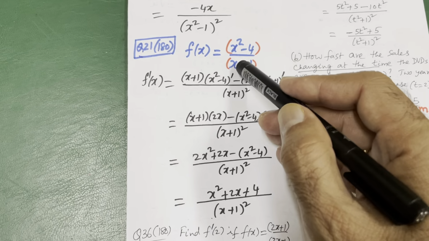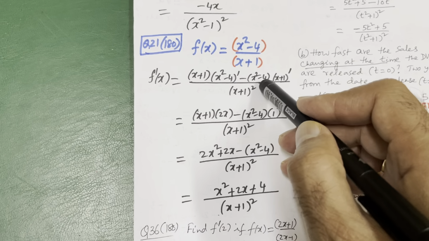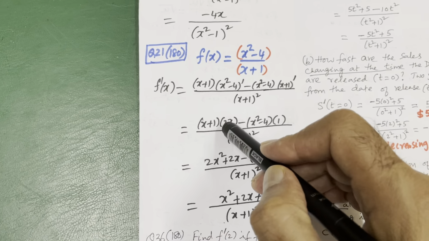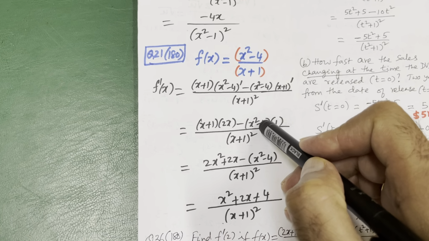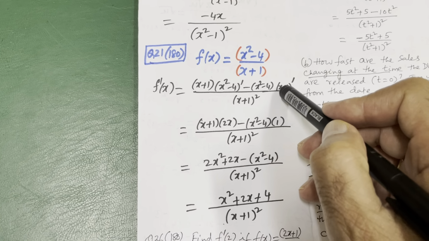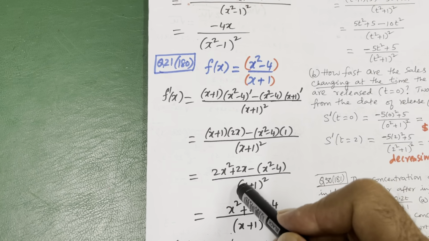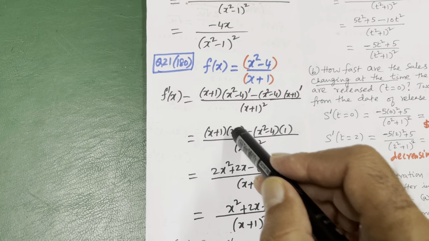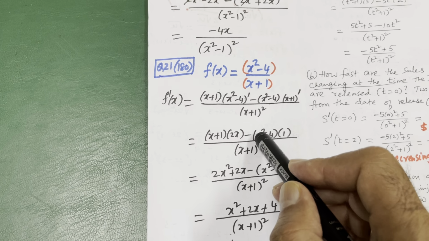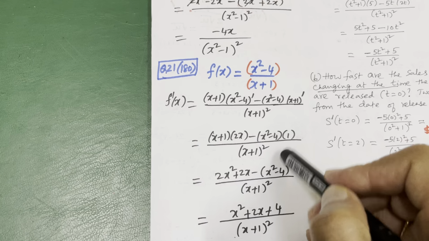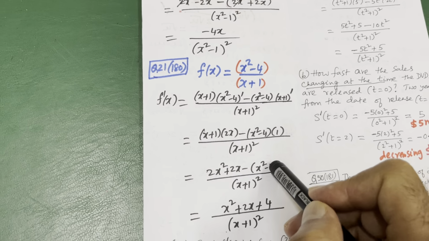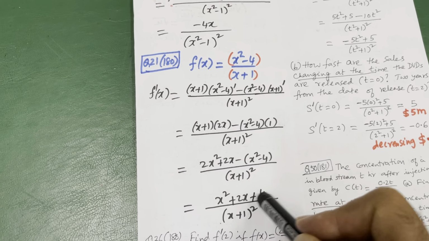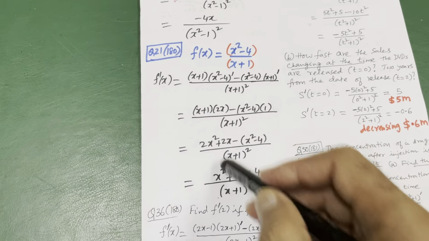Another problem: down multiply up derivative, minus up multiply down derivative, by down square. x plus 1, x square derivative 2x, minus x square minus 4, x derivative 1 and the other one derivative is 0. So let us simplify this. (x plus 1) whole square down, 2x multiply 2x is 2x square, 1 multiply 2x, minus x square minus 4 multiply 1 is x square minus 4. Again it is subtraction: 2x square minus x square is x square, 2x plus 4 by x square. Be careful in this algebra business.